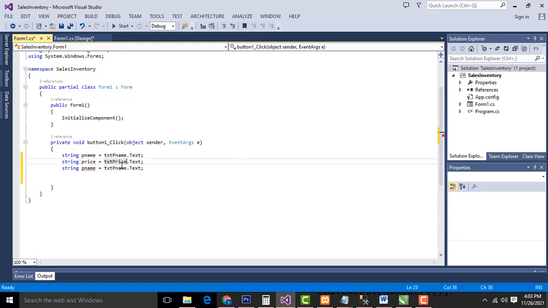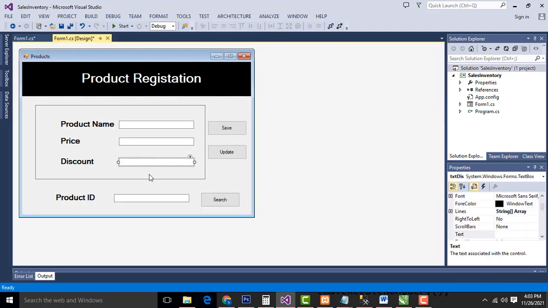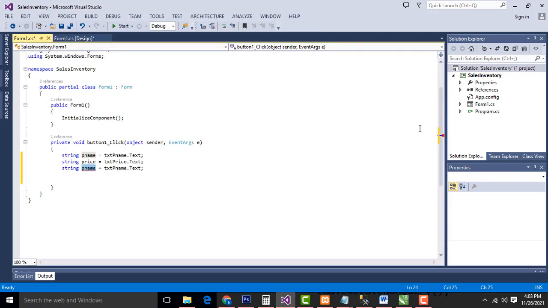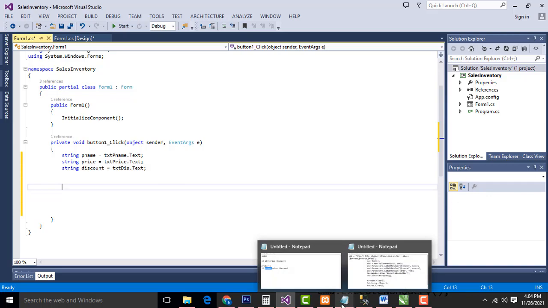We are not going to do any calculation here, so we put all of them into string variables. If you want, you can put it as an integer, no problem. If you are doing calculation, you have to put the integer. Here I am not doing any calculation, so I am going to put it as a string. If you put it as an integer, you have to convert it using int dot parse. Very simple. I am only going to insert the record into the database this time.